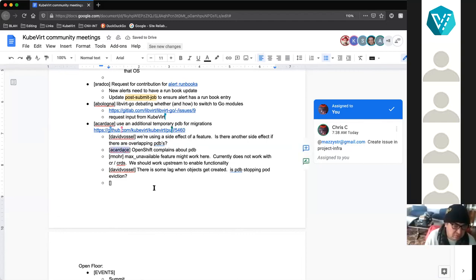Yeah, I think it would be worth looking at the code to see if the operator needs to do something before protection starts. I don't know exactly how it works right now, or if it just needs to be present and it will be checked on deletion if it's there.